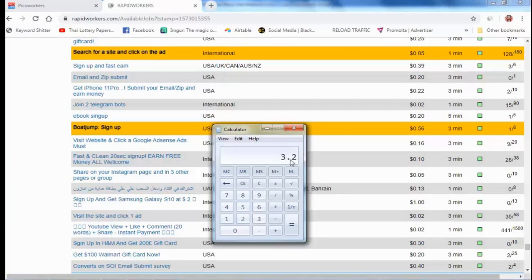If anyone clicks from the USA, this person gets a minimum CPC of 50 cents. For example, 50 cents times 20 clicks, they earn $10. And what they pay is $3.20. $7.70 is the profit from only this campaign.